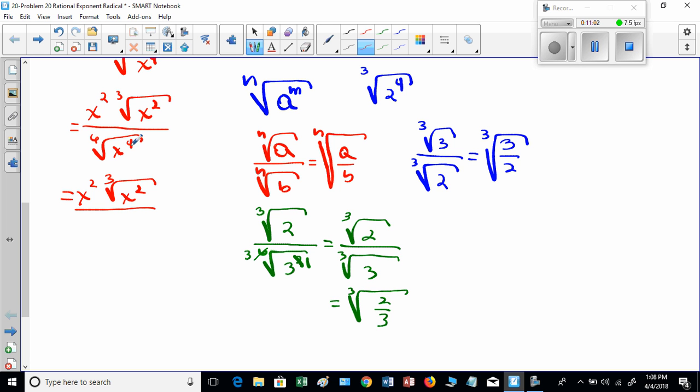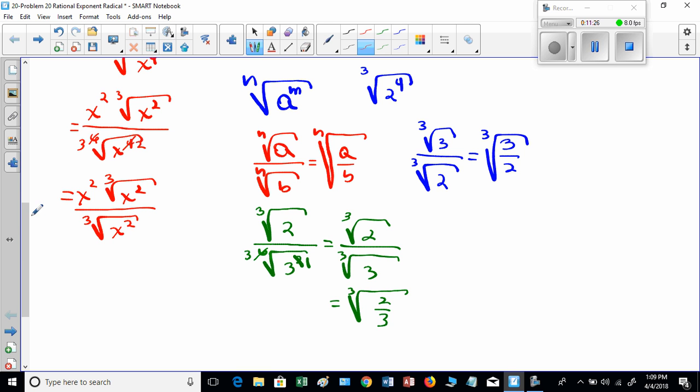So we agree that we're going to use the number 2 to divide. So 6 divided by 2 is equal to 3. So your new index is 3. Since you divide the index by 2, you have to divide the power by 2. 4 divided by 2 is equal to 2. And now the exponent inside the radical is the number 2. So now you rewrite the expression again, and you have the cubic root of x to the